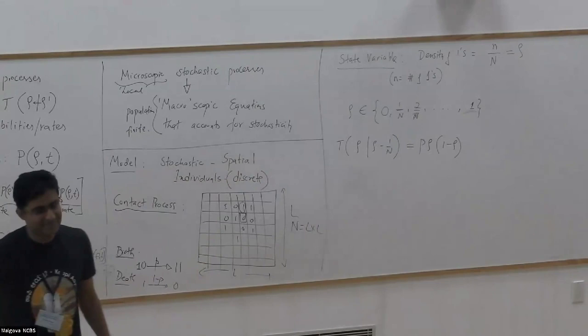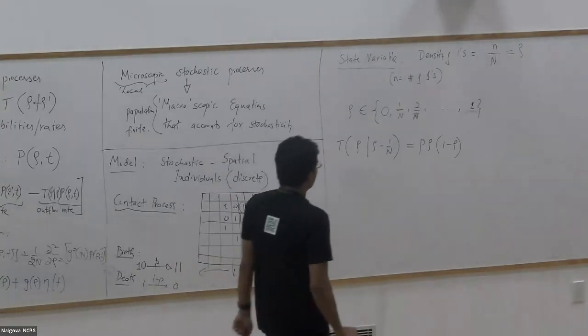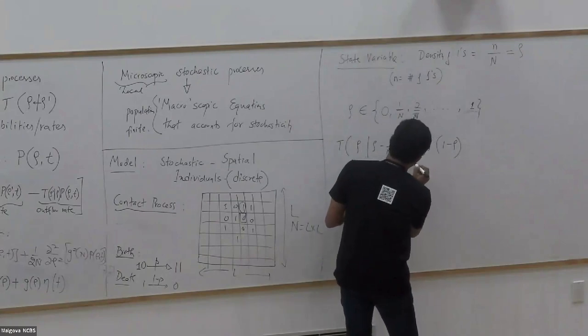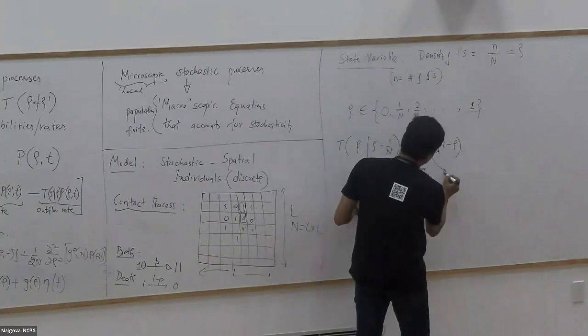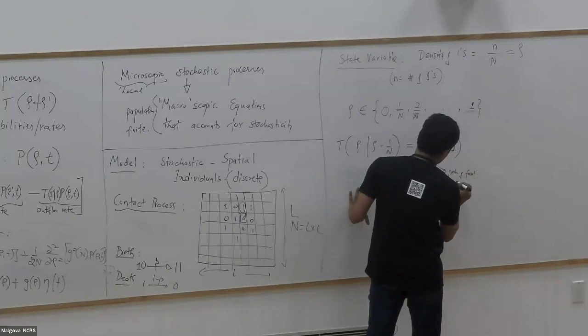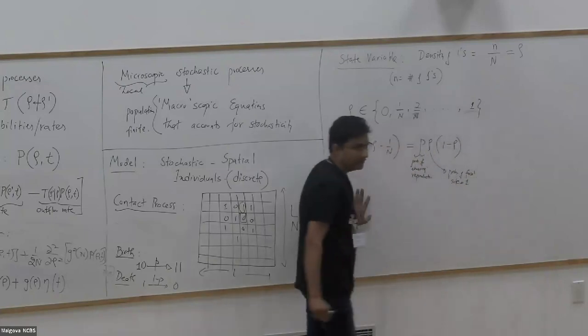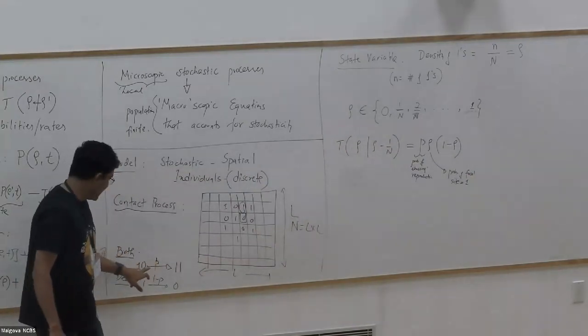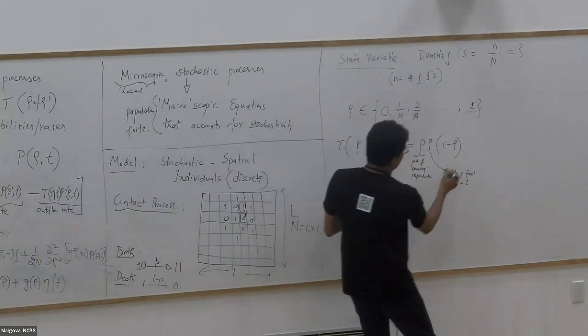I look for one of the 4 neighbors. Okay, so basically, let me split these terms. This is the probability of choosing. Please be cautious with the word choosing here. So this is the probability of the focal site being 1. So I have to pick this, right? Probability of focal site has to be 1. I have to choose to reproduce, and the neighbor has to be empty. And then this is